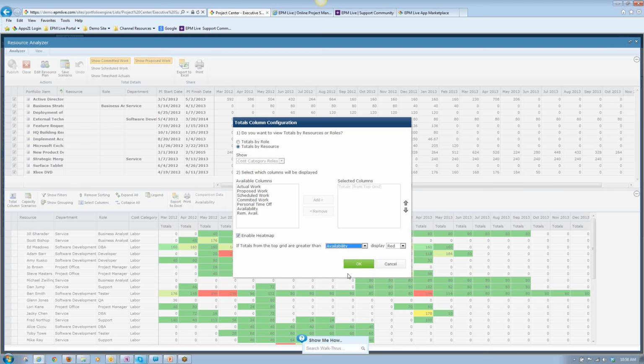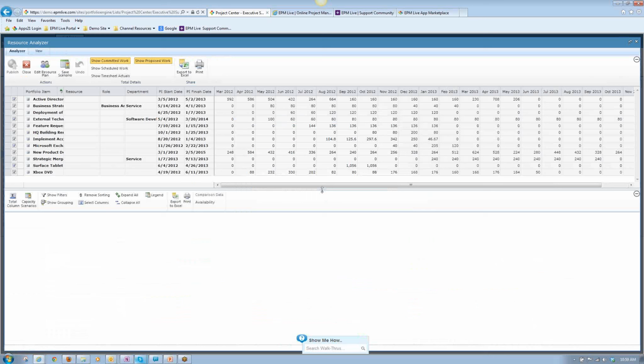What I want to do is compare that portfolio against the remaining availability of resources that we have in the resource pool, and I need the system to tell me if any of the assignments are greater than the availability in the resource pool. If so, I want it to display red, right? So what we're looking at here